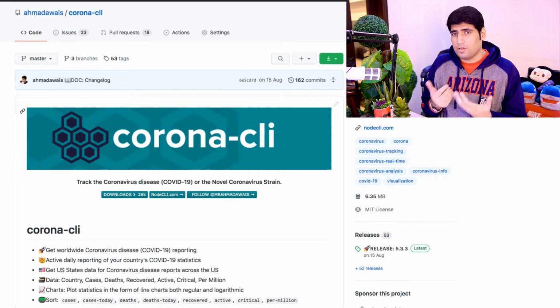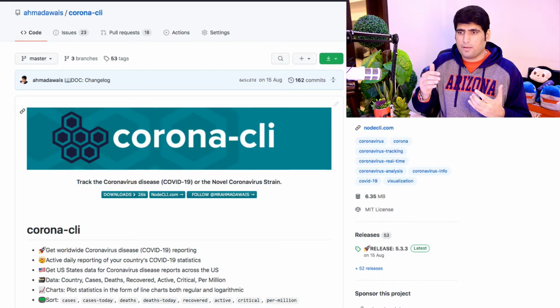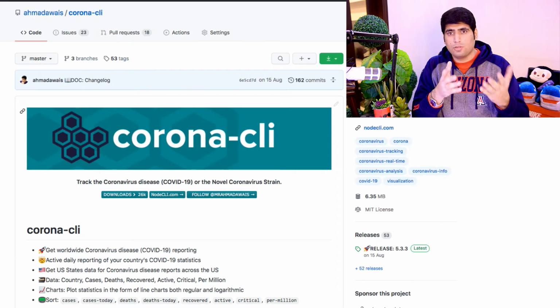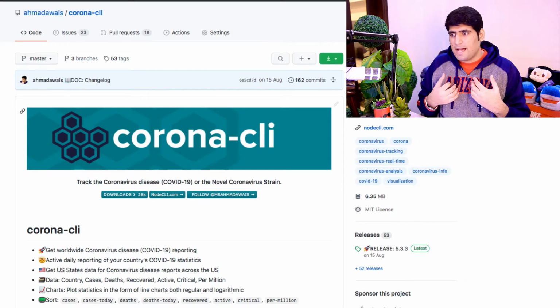And since I love automation, I struggled a bit finding out more about COVID 19, the stats of my country or different countries, how it is growing, or looking at different graphs of it. This was the time when COVID 19 widgets from Google, Facebook, or Twitter were completely nonexistent. So, to dog food my own need, I created a CLI called Corona CLI, to track COVID 19 via the command line.